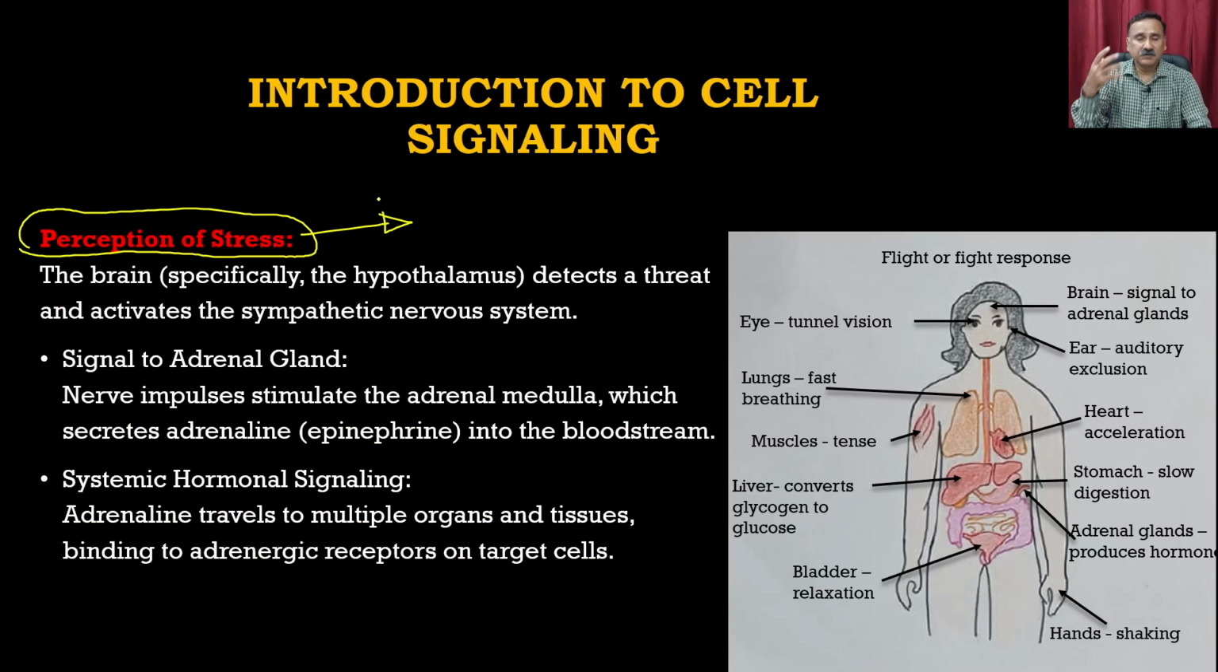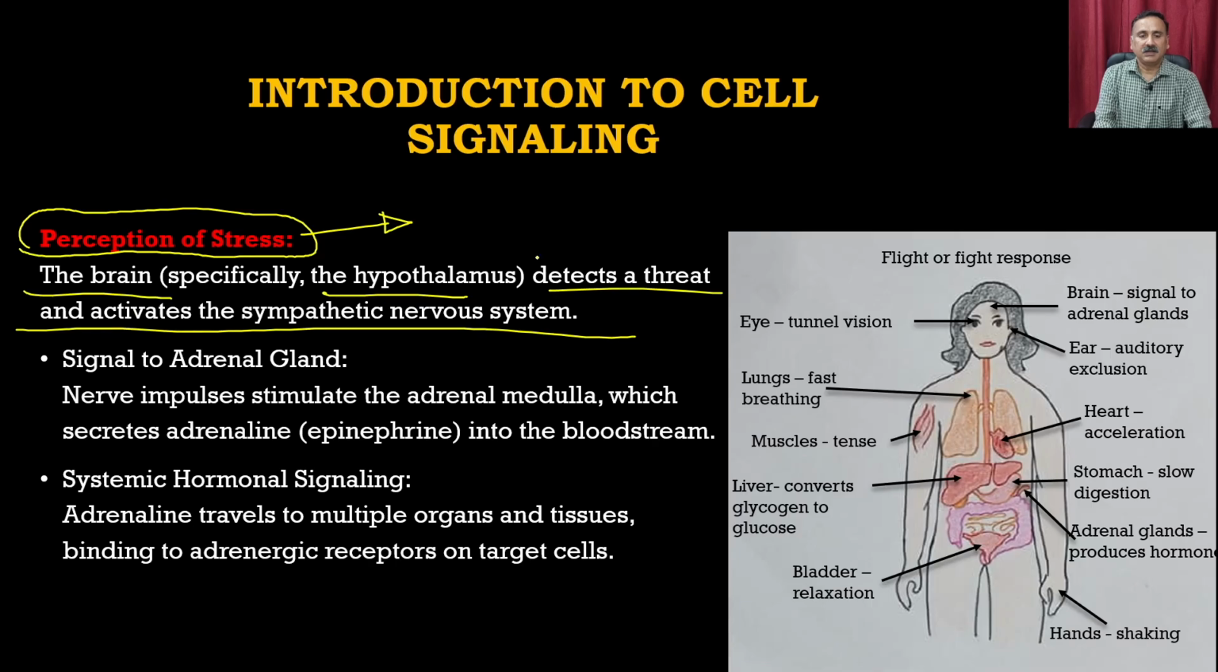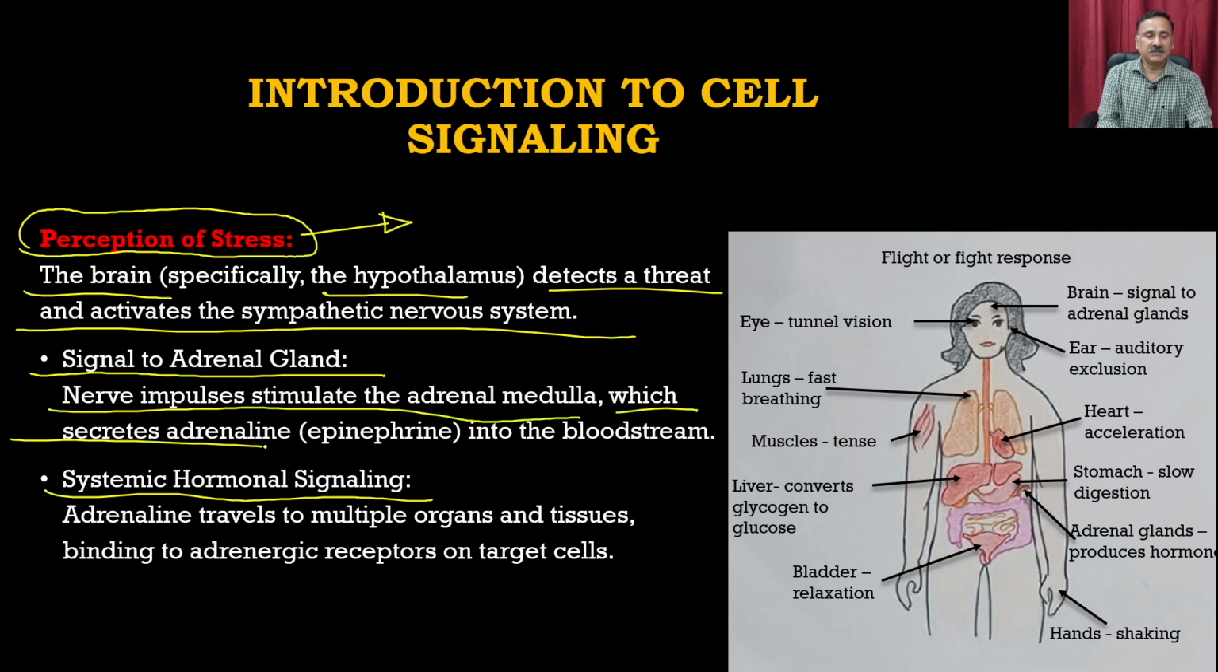You have to first detect the incoming threats. You have to detect the incoming stress, right? And that happens within the brain, right? So the brain, especially the hypothalamus, detects a threat and activates the sympathetic nervous system. So it signals to the adrenal glands, through systemic hormonal signaling. So it gives the signal to the adrenal glands, and the nerve impulse stimulates the adrenal medulla, which secretes the